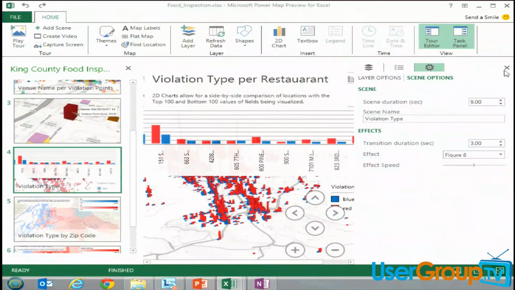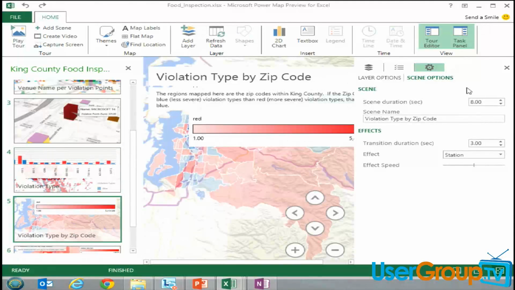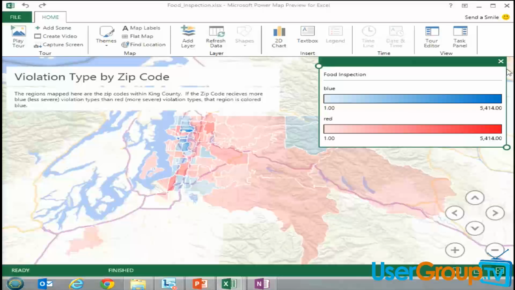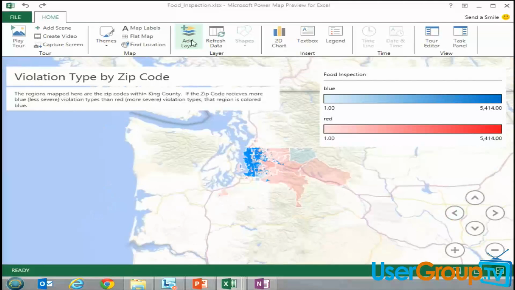Can you show us the difference between a scene and a layer? I mean, with a layer, you get multiple layers on one scene? Is that it? So a scene is just a snapshot within your story. You can have as many scenes as you want. Layers, the same thing, you can have as many of them as you want, but think of a layer as a separate data set. So here we're looking at a regional layer, and if I want to go back and add a layer,